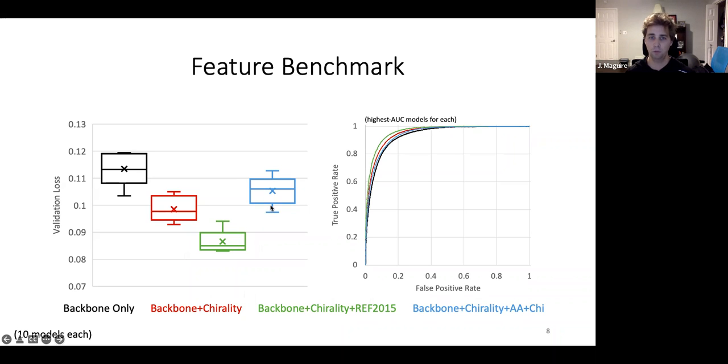I believe that this performed poorly due to overtraining. I'm not convinced that this could not have done better. Maybe a more skilled, or just luckier person might have gotten a better score with blue here. But at least out of the box, these are the comparisons. So again, asterisk by all of this, but at the level that I can do this, Ref 2015 outperformed the other